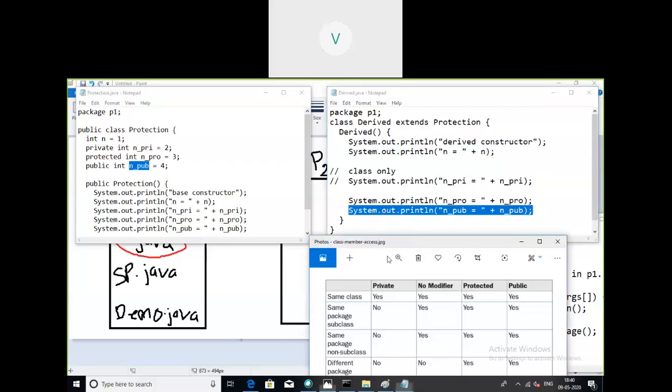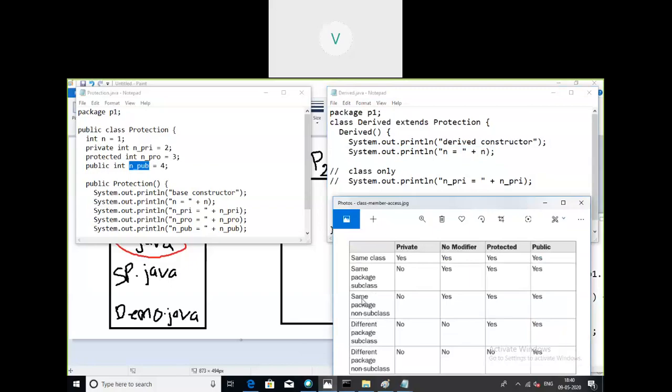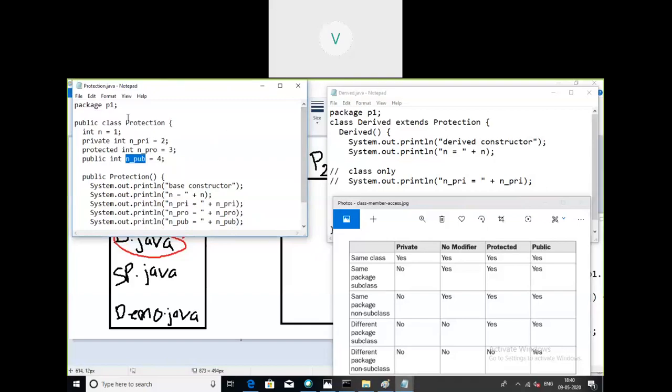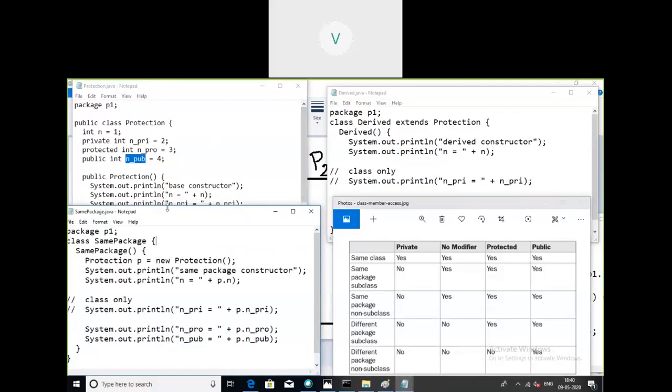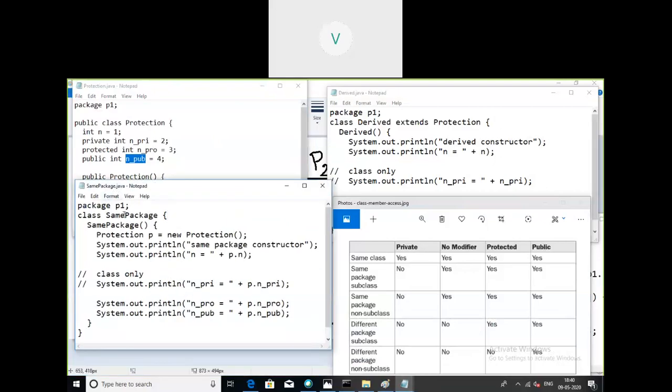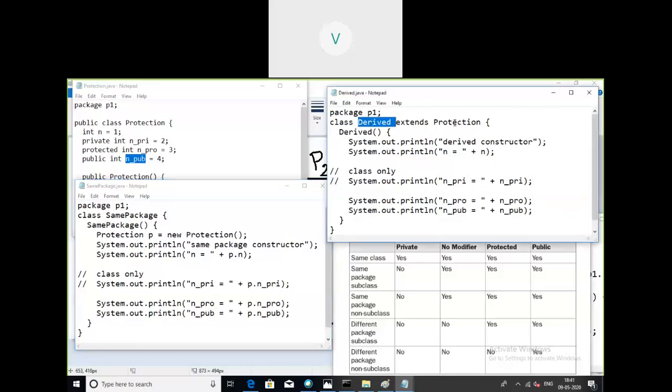Now coming to this one, same package but non-subclass. Protection.java is the base class for everything, so I'll go for the third type of class. It says SamePackage.java is the source file. Here you can see there is no inheritance, as in the case of Derived, which inherits properties from Protection.